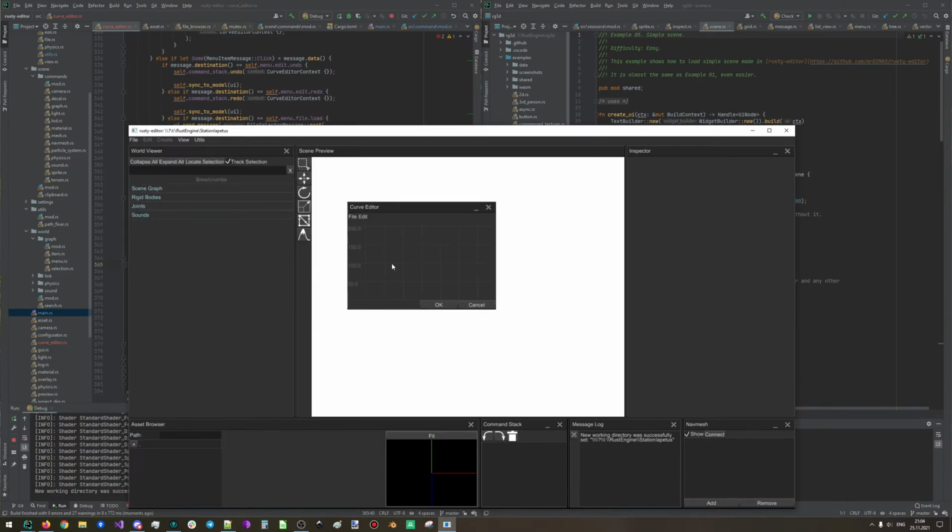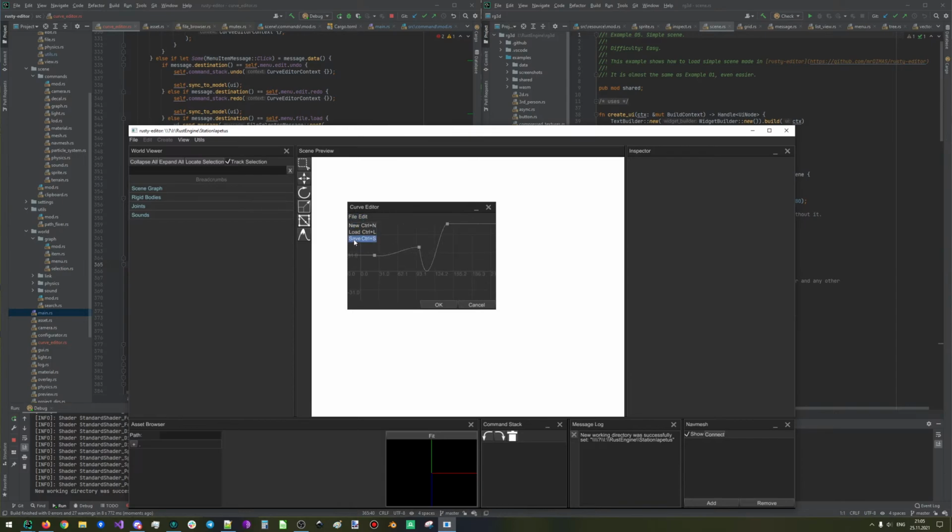Create new. All right, we have the new curve. Add a key, change to cubic, something like this, not so crazy. Zoom in,